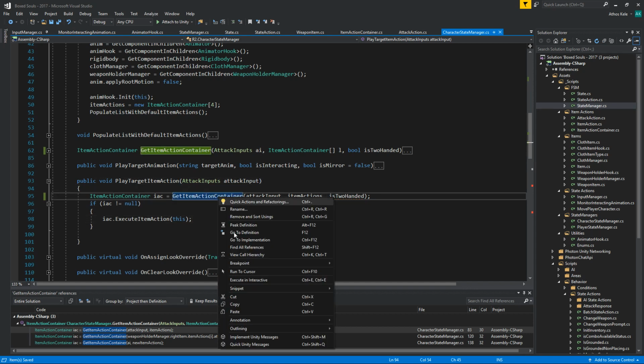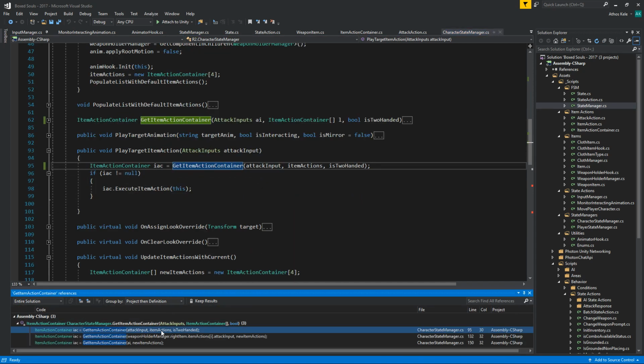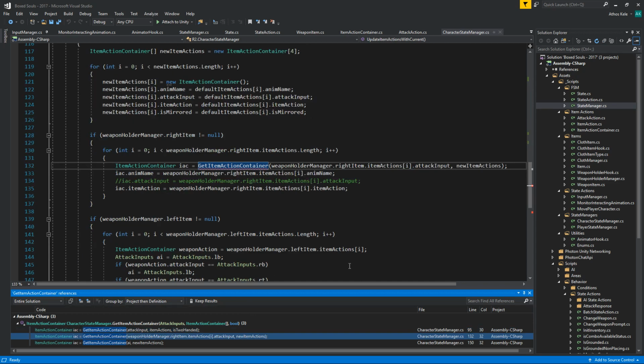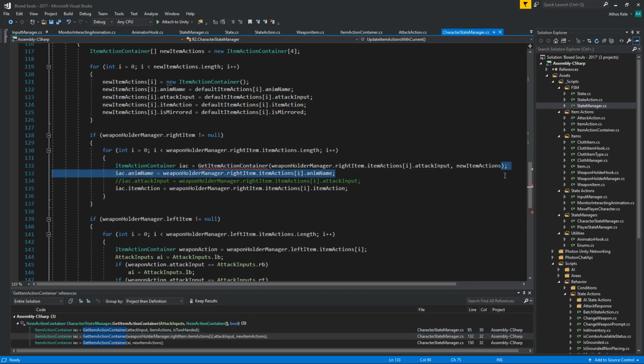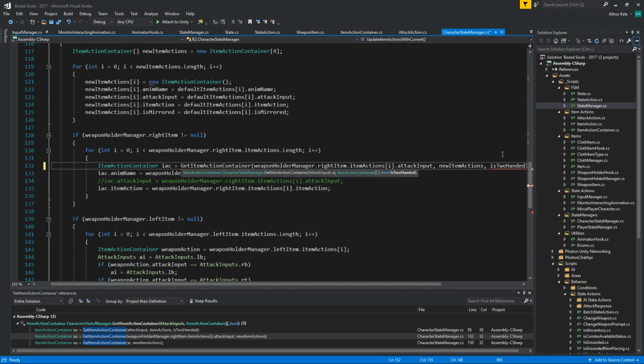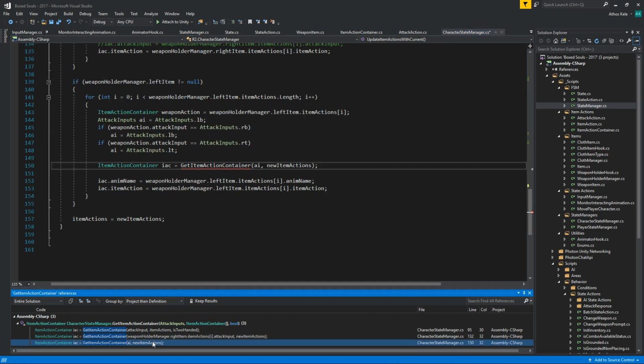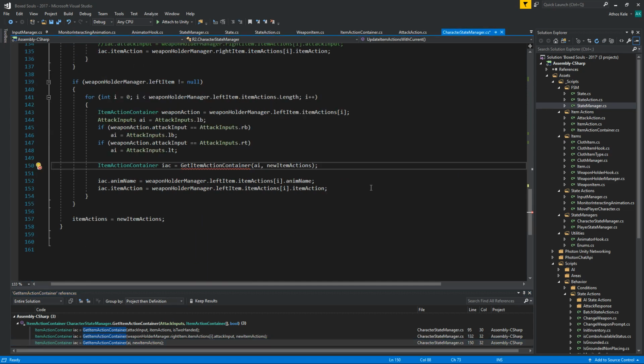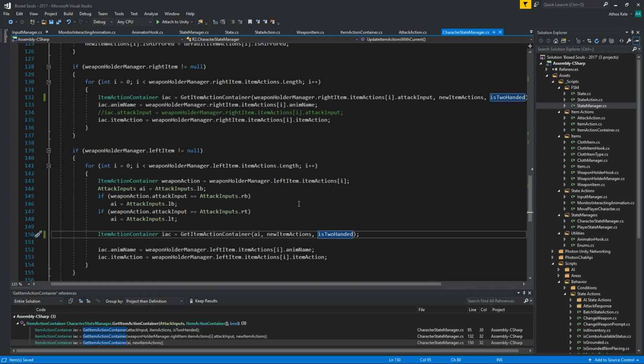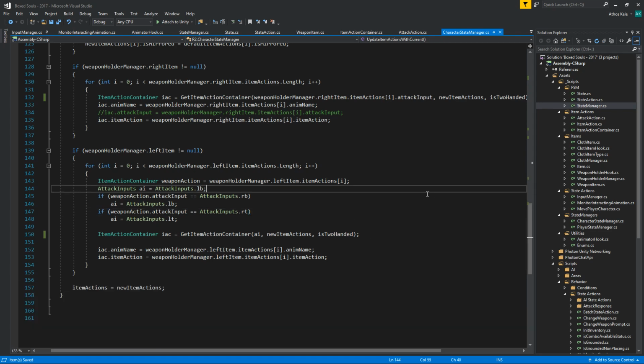Let's see where else this might give us an error. Over here, for example. And everything is inside the character state manager, which makes life so much easier. And let's set this over here. Okay, so we have everything working perfectly. And now it's going to work the same because we keep the two-handed. So now,